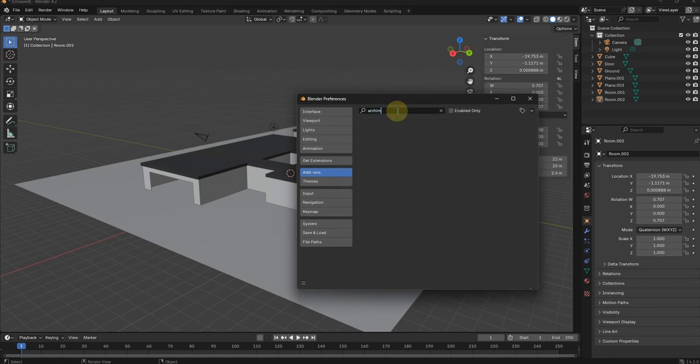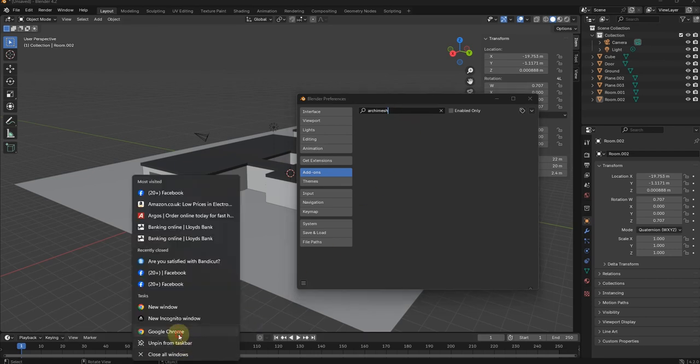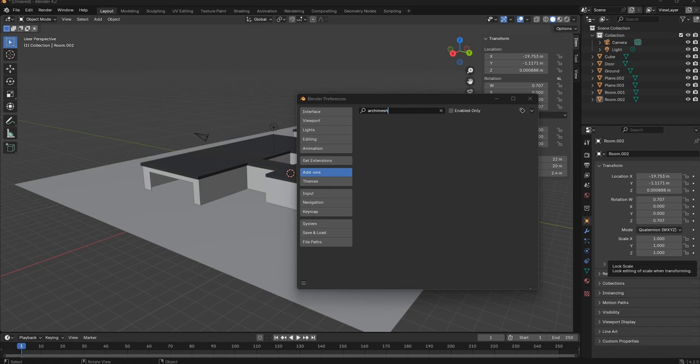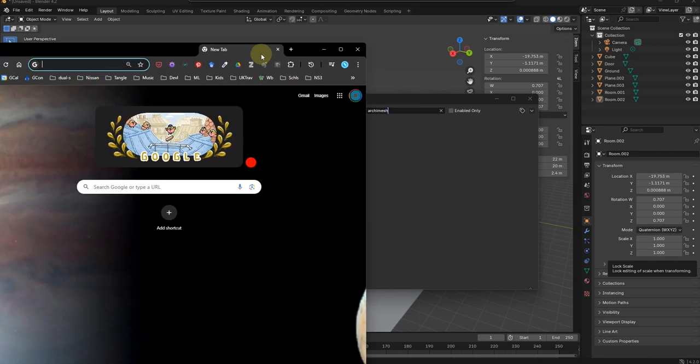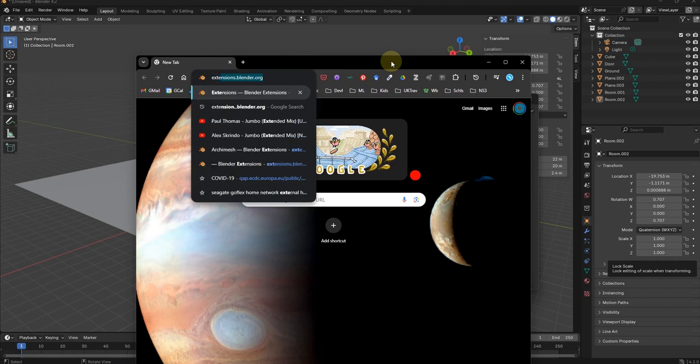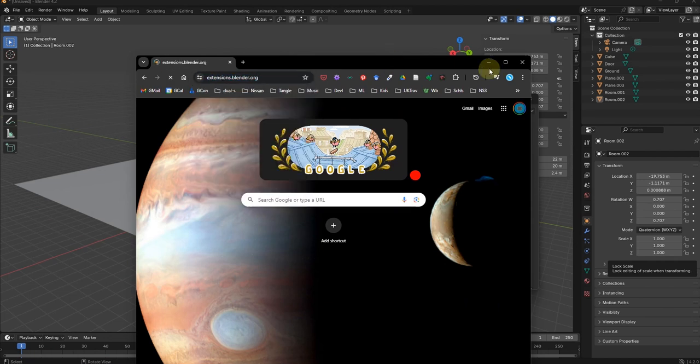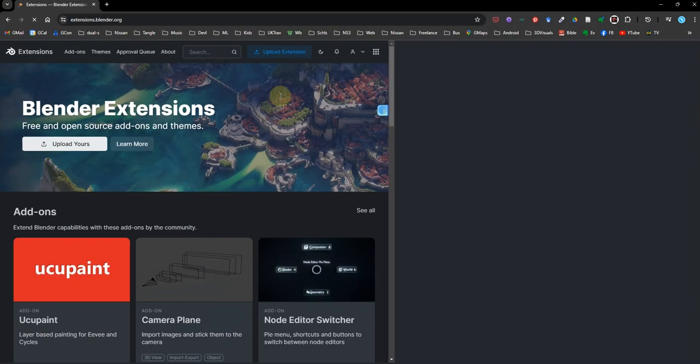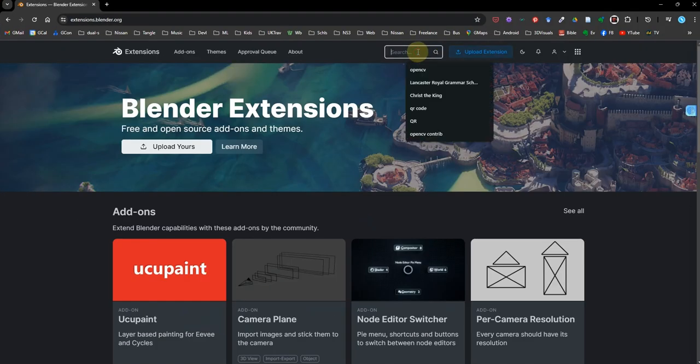Importantly, this is one of the modules. So I'm going to import an Akimesh add-on. It's not there, so I'm going to have to bring it in with the latest version of Blender. You need to go elsewhere to get the extensions. So I'm going to have to navigate to extensions.blender.org,